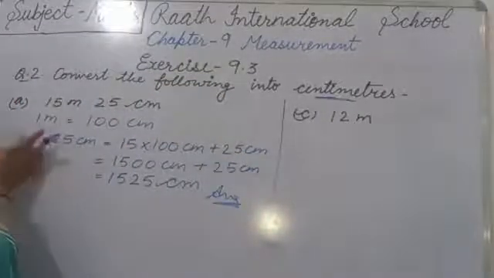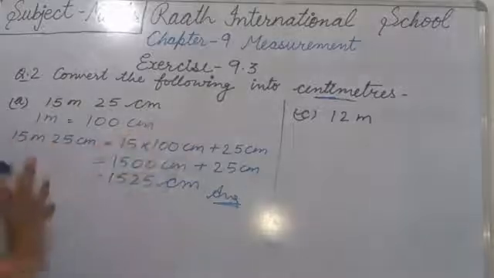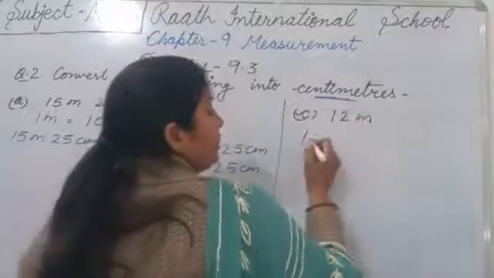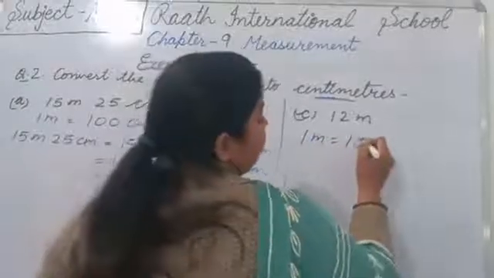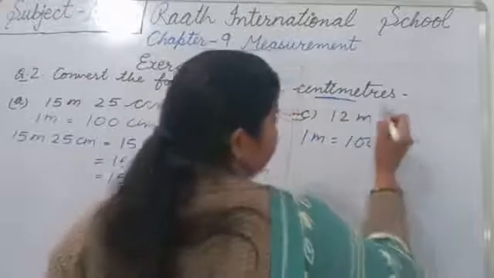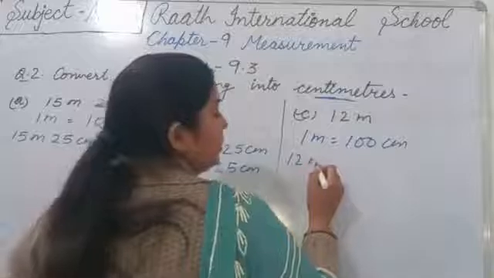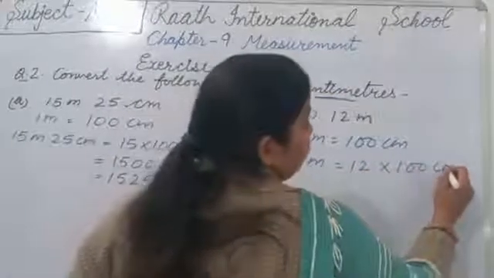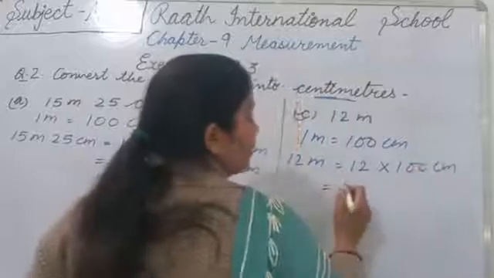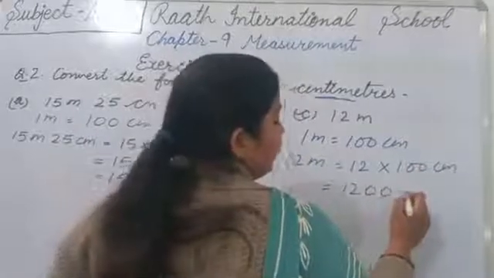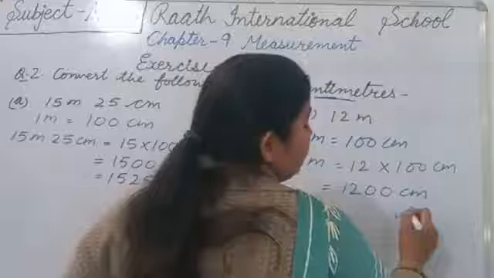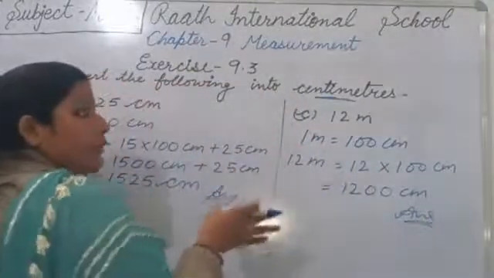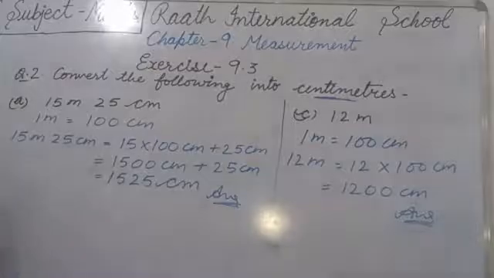तो जैसे आपने फर्स्ट वाला पार्ट किया है सेम ऐसे आपको करना है, बस प्लस नहीं करना बिकॉज देयर इज नॉट सेंटीमीटर. So 1 meter equals to 100 centimeter. Now there is 12 meter. So 12 into 100. Now it's become centimeter. So it's become 1200 centimeter. That's your answer. So like this, it's very simple. So like this you will complete question 2.